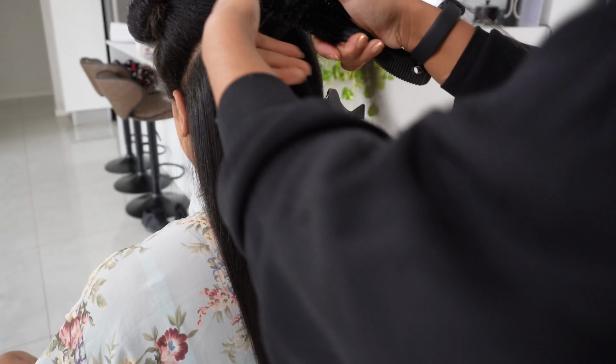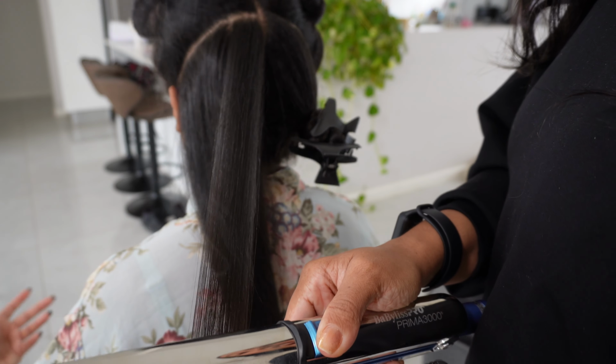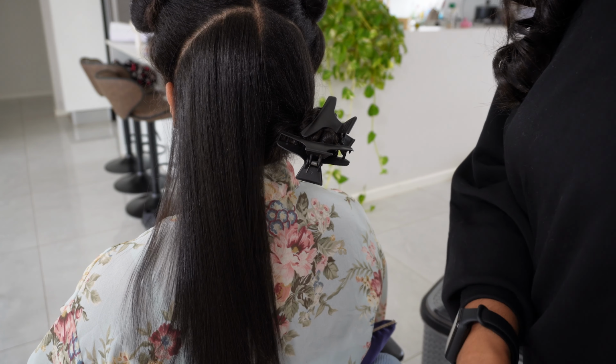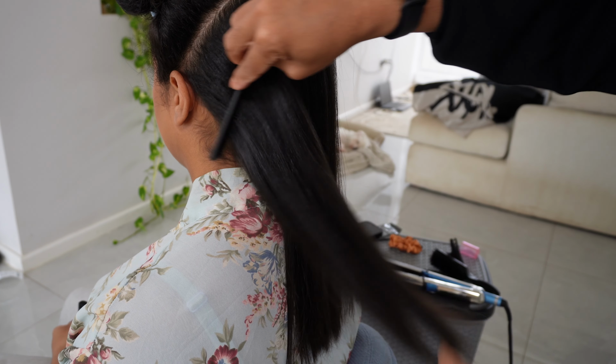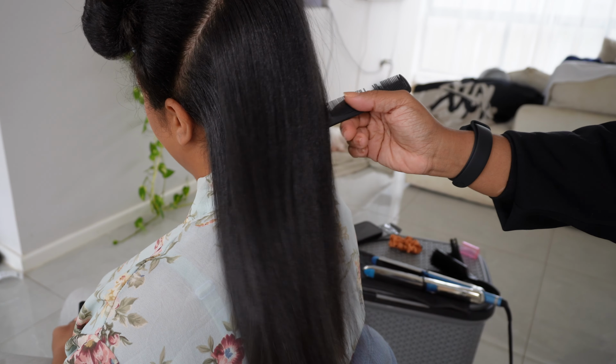And look how silky that 1 section came out. This is what you want the hair to look like. You want it to have body, you want it to flow. And if you're wondering, I only used 1 pump per half side, so 2 pumps for her entire head of the serum, which is a heat protectant serum,